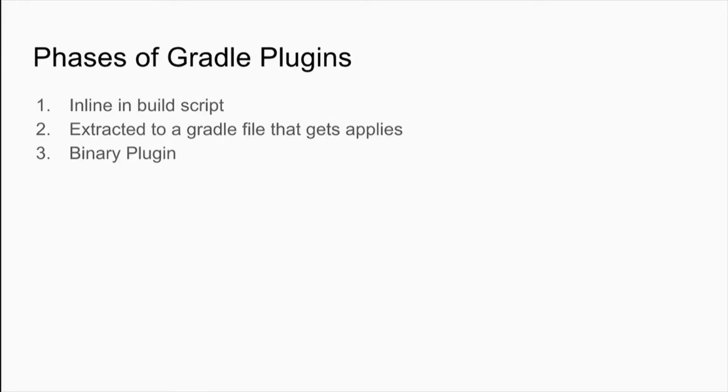So in my past, showing people Gradle, teaching them Gradle, I've noticed that people go through basically 3 phases of development for plugins. They do inline things, set version numbers, set this, that in the script. They'll realize that they can't do it to everything, or they don't want to copy and paste it all the time. So they'll make a script plugin, basically you apply from and then a path on the file system. And then finally they'll make a binary plugin, which is really the holy grail of enterprise development for this.